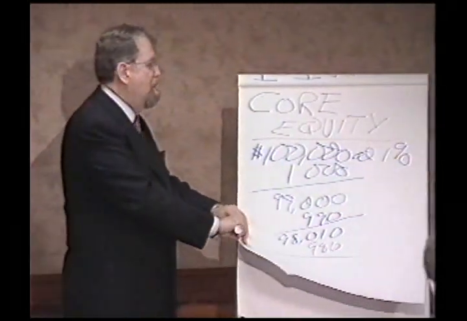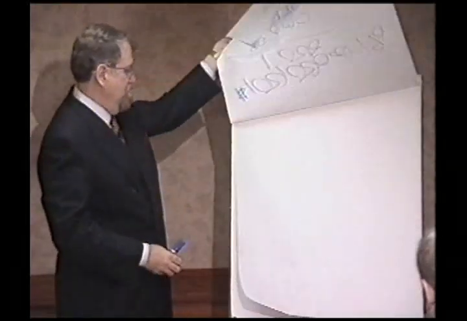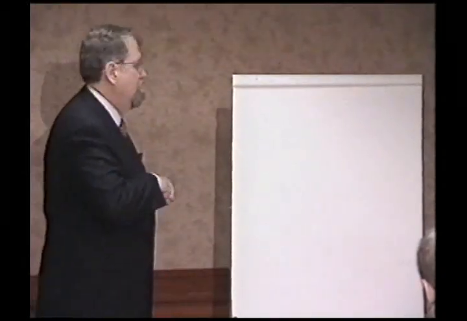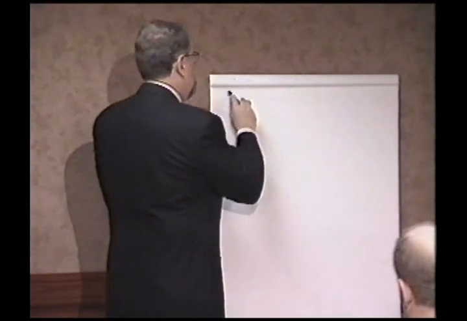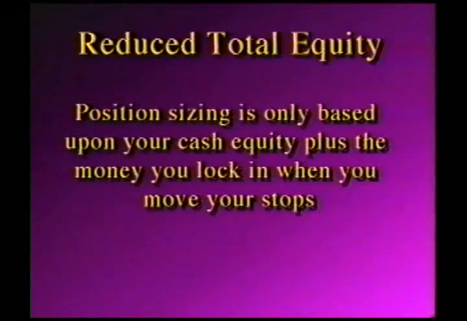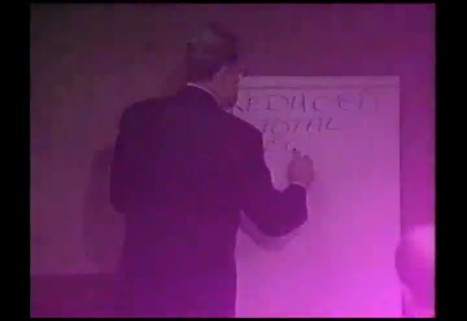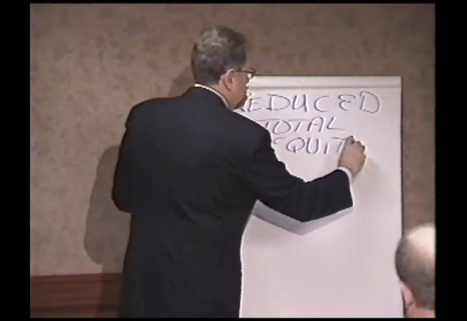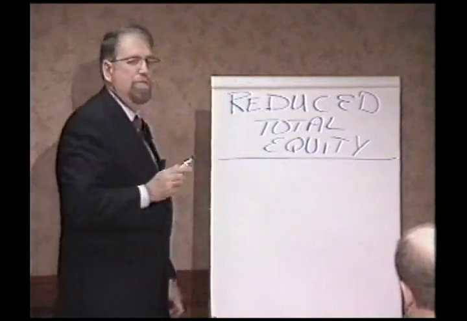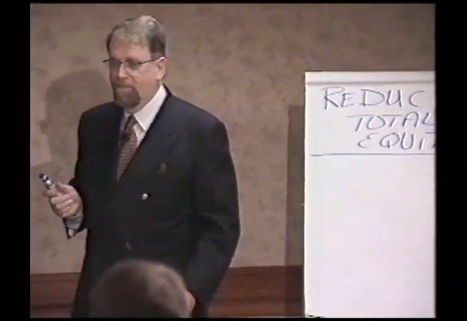Now, the third model is what I call reduced total equity. Position sizing is only based upon your cash equity plus the money you lock in when you move your stops. It's a little bit like the total equity, but it's slightly reduced. What happens is,